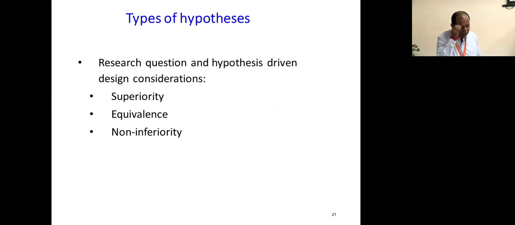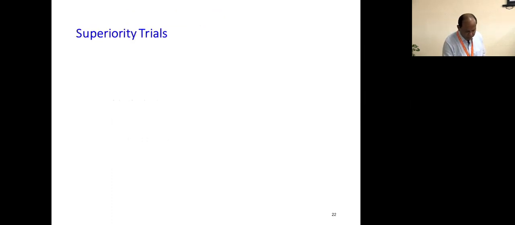Now I'm going to talk to you about how we are going to look at the concept of the confidence interval. It's easy to construct a confidence interval rather than doing p-values. In SPSS or any system, it gives you the standard error. You multiply it by two times the standard error, add it to your mean or your proportions, and subtract it from them. Simpler than doing a t-test or chi-square test. So we have three designs: superiority, equivalence, and non-inferiority.